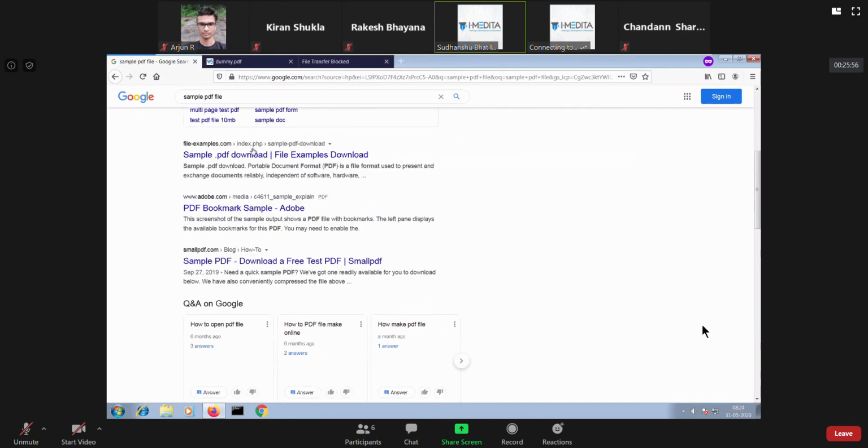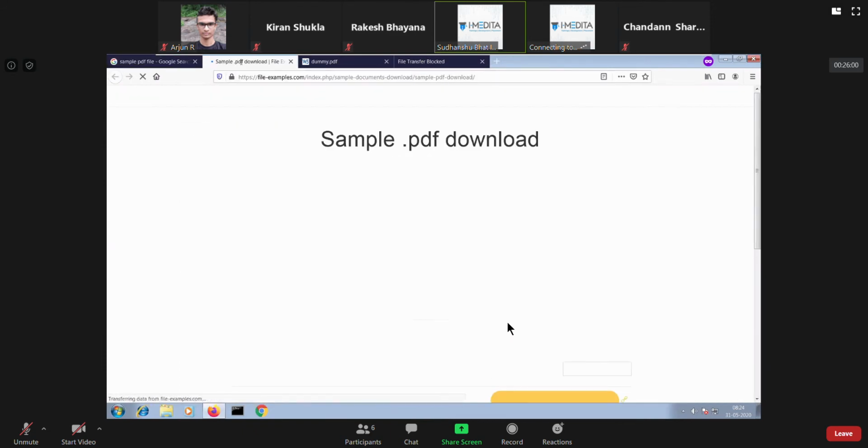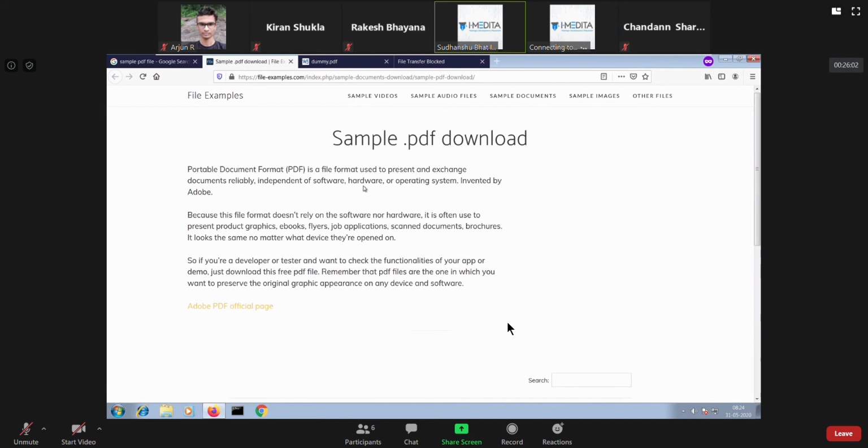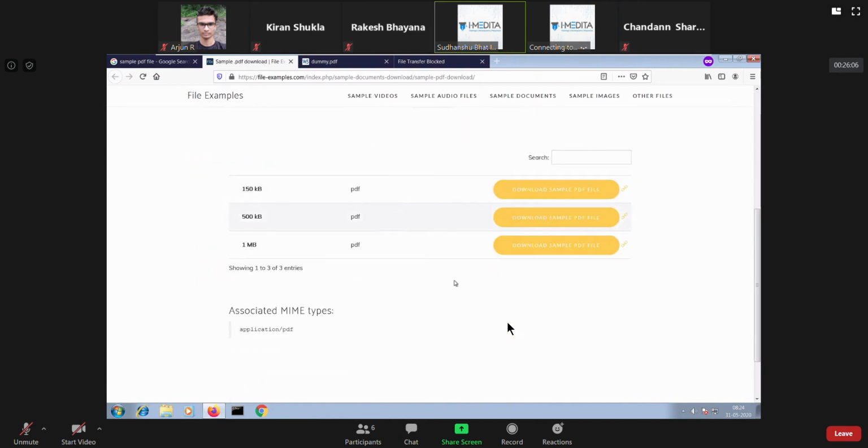Similarly, if I go to some other site, suppose fileexamples.com, and I try to download the sample PDF file, you see the website here is HTTPS.